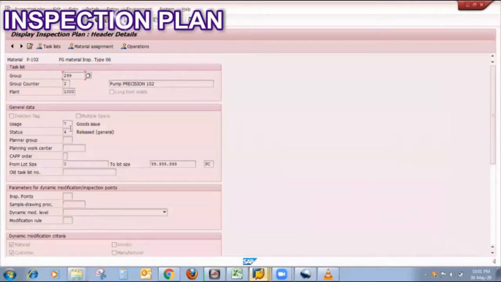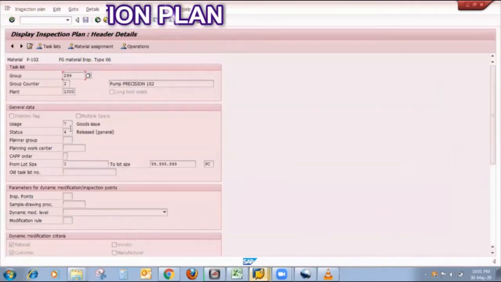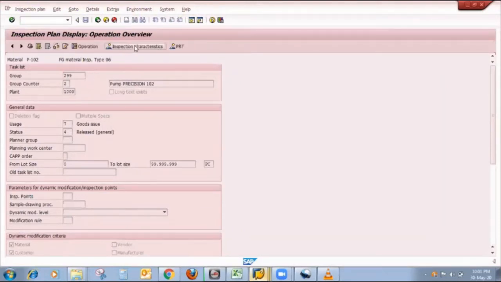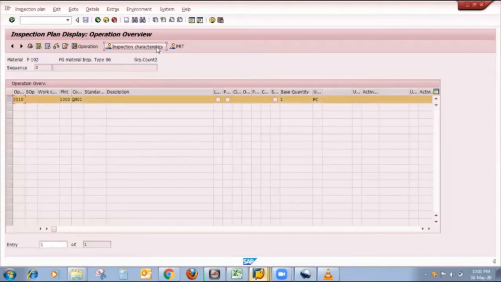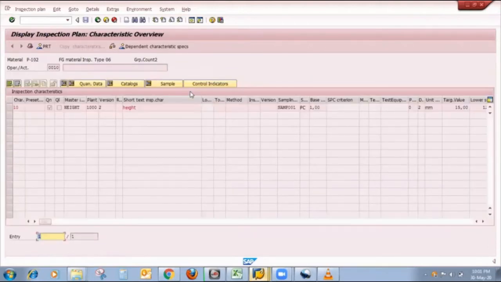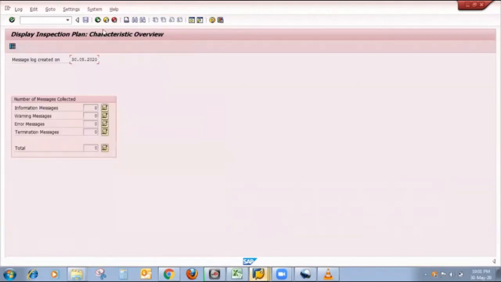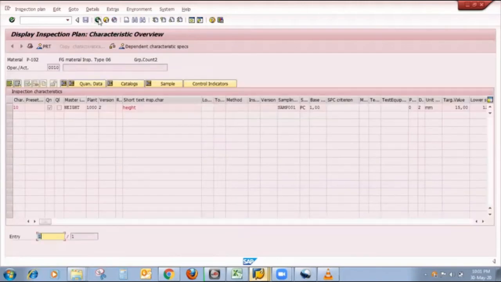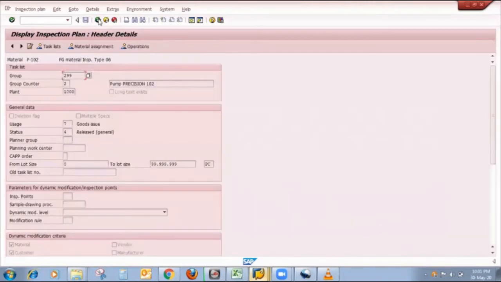In the header details, I use usage 7, that is goods issue, and status is released for general, because there is no stock posting. That's why I use that usage. And as you all know, as a usual step, I maintain inspection characteristics, master inspection characteristics, and sampling procedure. I check consistency, all are okay. Now I want to save this inspection plan.